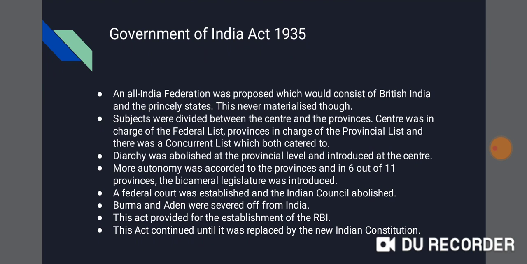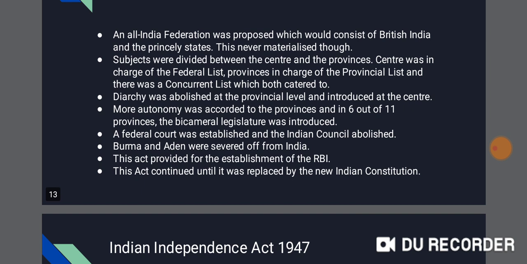Government of India Act 1935. An All India Federation was proposed, which would consist of British India and the princely states. This never materialized though. Subjects were divided between the center and the provinces, with a federal list, a provincial list, and a concurrent list which both could legislate on. Diarchy was abolished at the provincial level,